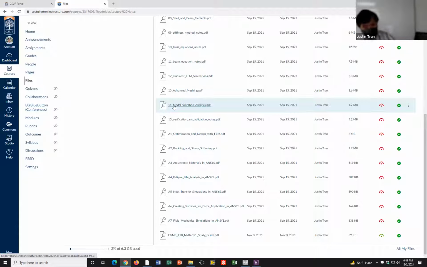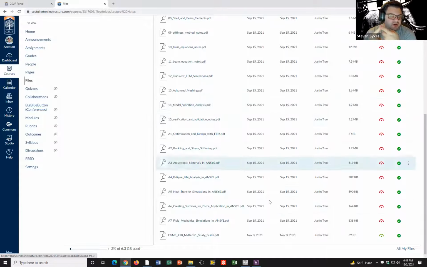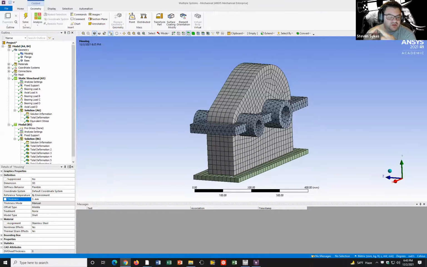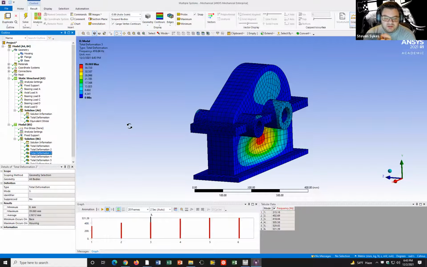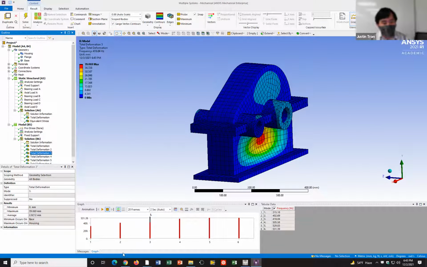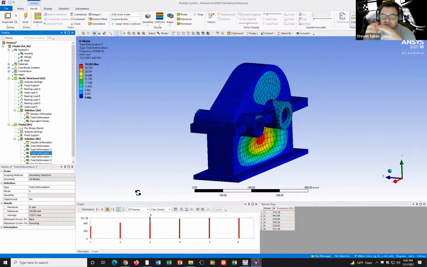Let's see how Brandon did. Oof, Brandon, 10 out of 40. Dr. Tran, for the deformation fields, you wanted pictures of the stress-free with no pre-stress, and then the static structural pre-stress?